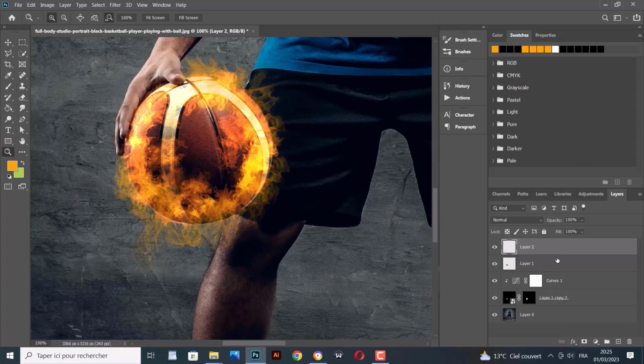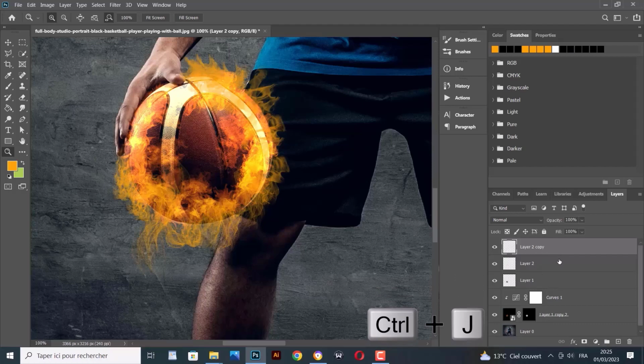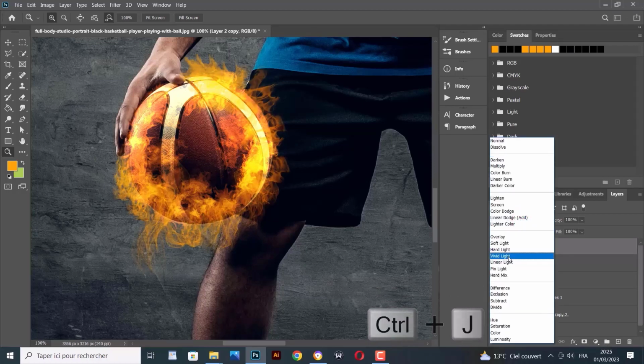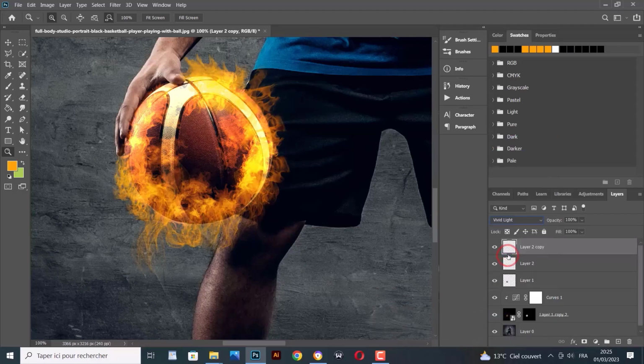So we will use the same steps. So Ctrl G to create a new copy of the layer. We go to the blending mode, we change it to vivid light, and another copy using Ctrl G another time,